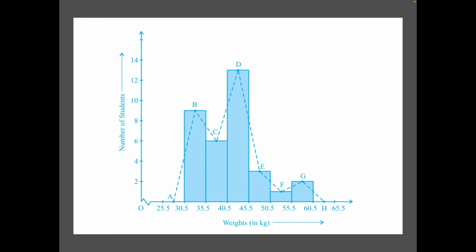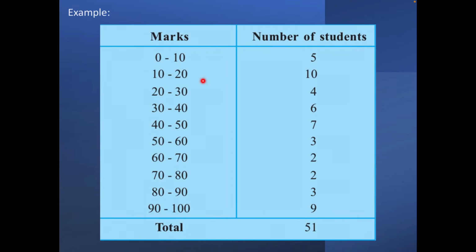Now let's move to one more graph wherein the first class itself starts with 0. So in that case, what will we do? Let's see. Here as you can see, the class intervals are in continuous form, that means exclusive, so we need not change them, but they start from 0. So now the preceding class to 0 to 10 will be in the negative direction of the x-axis, right? So it will be minus 10 to 0, whereas the last class, 90 to 100, is on the positive side only, so the succeeding class will be 100 to 110, right? And these are the frequencies.